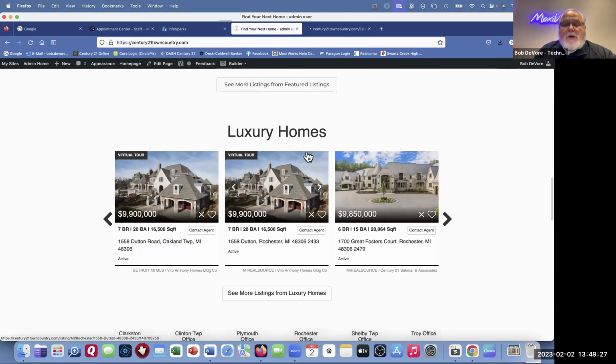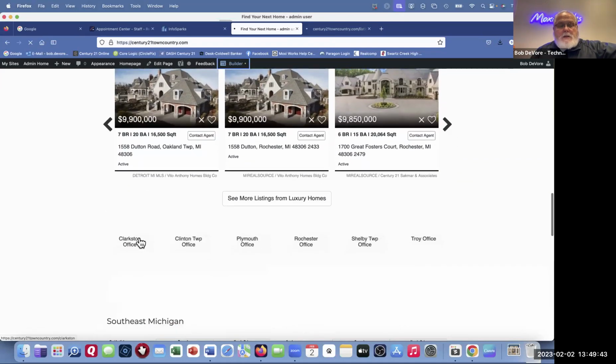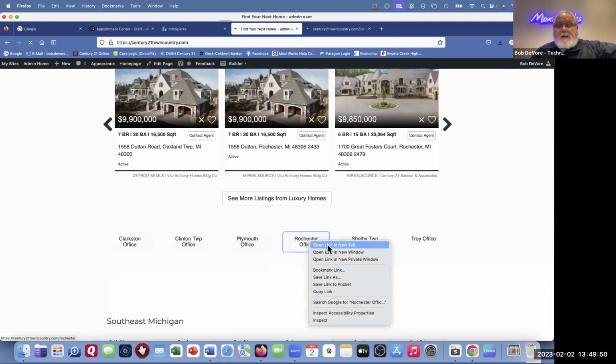And then I have luxury homes. You know, instead of having luxury homes, if I wanted that to read fine homes and estates, and I said, you know what, I want to fix that. So I'm going to come up here. Now I got two of them going back and forth like crazy. Down here, we have each one of the offices. So if I click on that,